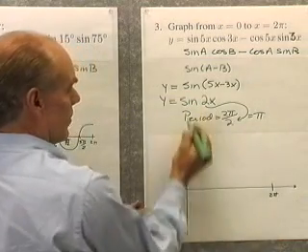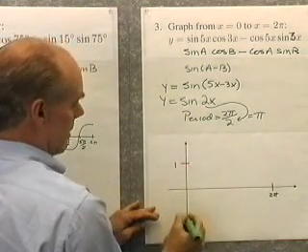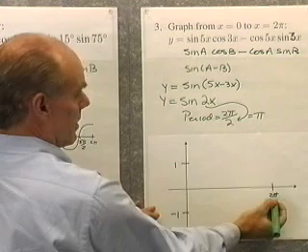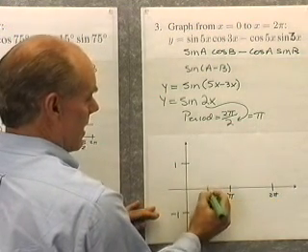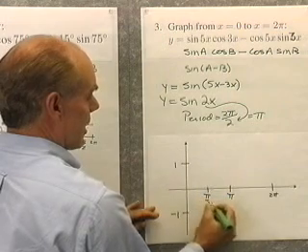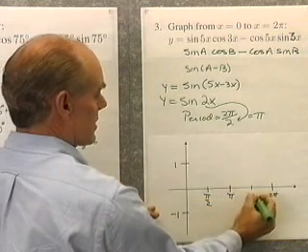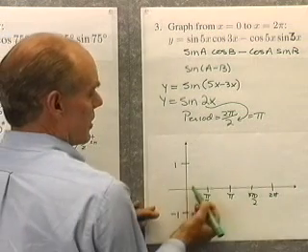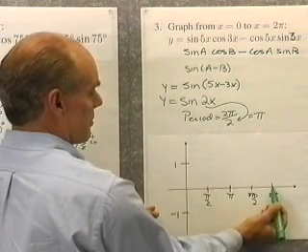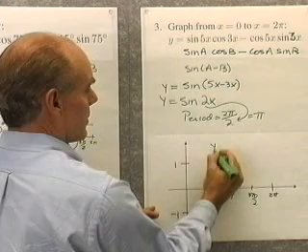My amplitude is 1, so I just put in 1 here, negative 1 down here. Here's 2 pi, halfway is going to be pi, halfway here is pi over 2, and then this point is 3 pi over 2. So I want to graph on this coordinate system between x equals 0 and x equals 2 pi, y equals